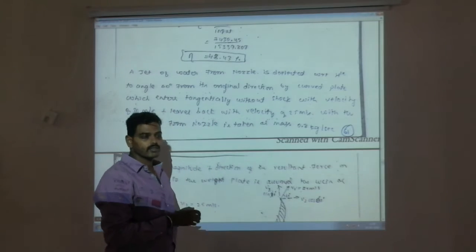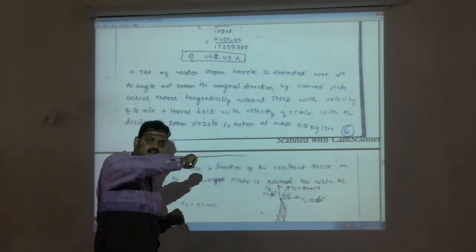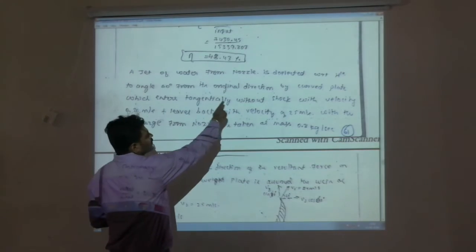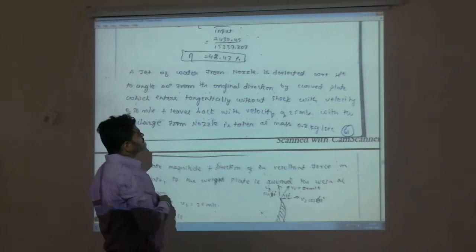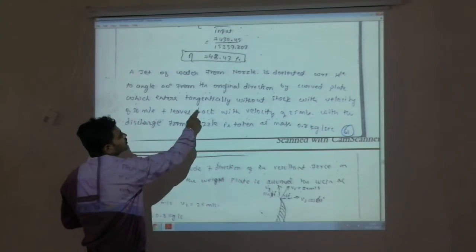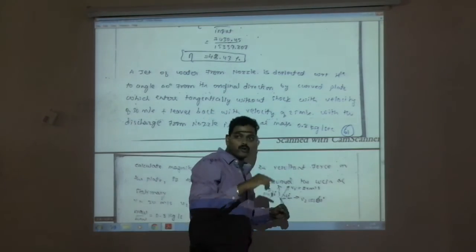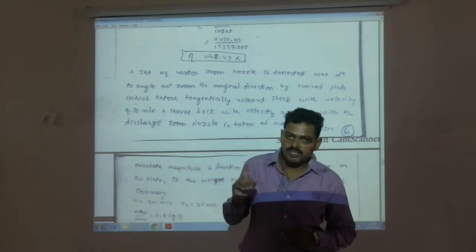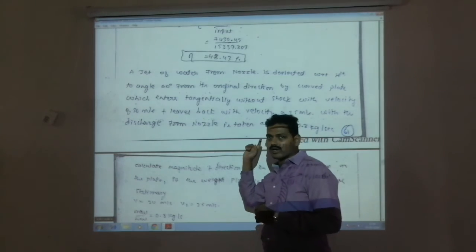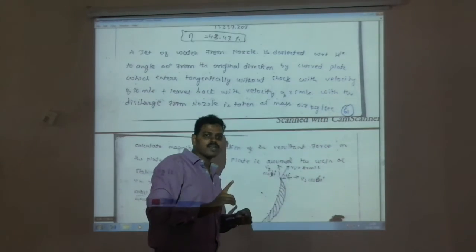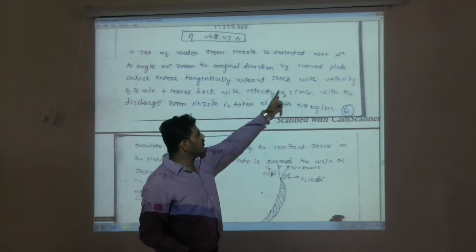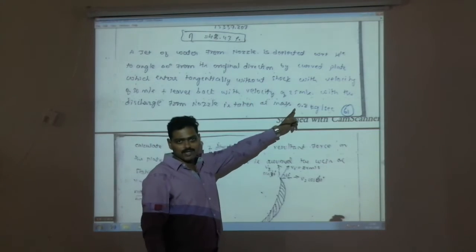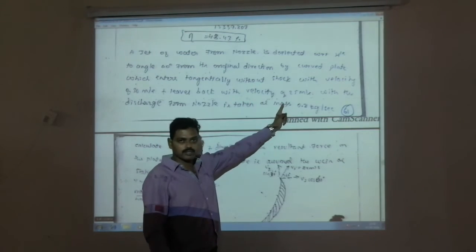But here you can see that when it starts at one end of the plate, it is deflecting with respect to horizontal from its original direction, at an angle of 60 degree by a curved plate, which enters tangentially without shock. That's why I told you sometimes it will be mentioned as smooth. So there is no shock. Otherwise they mention it as without shock. We can assume that the plate is very smooth. So without shock with the velocity of 30 meter per second, and leaves with the velocity of 25. That is, when leaving the plate the velocity is 25, and it is 30 at entry.